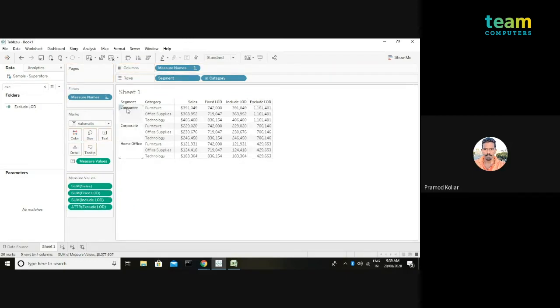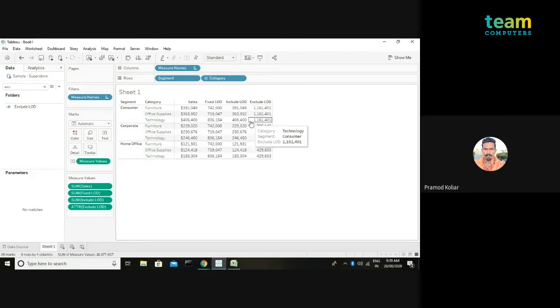You can see over here we are getting 1161, 706, 1461 for each category under the segment, and similarly this. So this number is nothing but the overall sales number for the consumer segment. So this is replicating irrespective of the category field over here. That's how the exclude level of detail works.